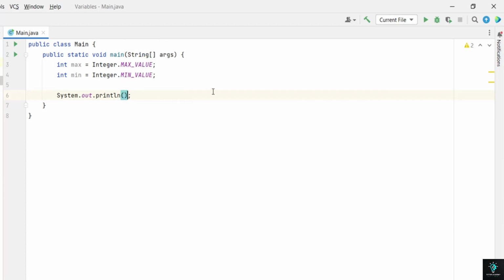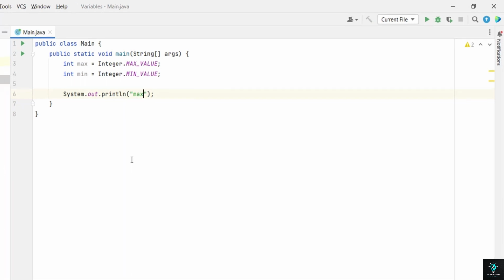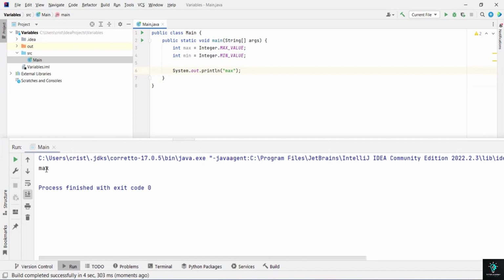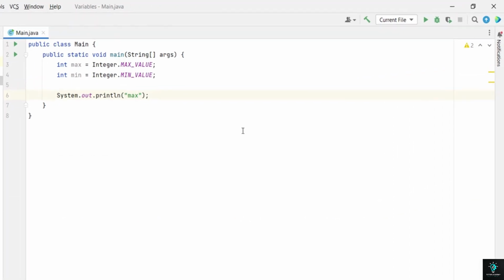So let's say I simply put double quotation marks and type max. What do you think will be the output? If you run this, we get the text max, because whatever you put inside the double quotation marks is considered text, a string. It's not a variable which contains a value. So let's delete this. Let's put again double quotation marks and type the maximum value for an int